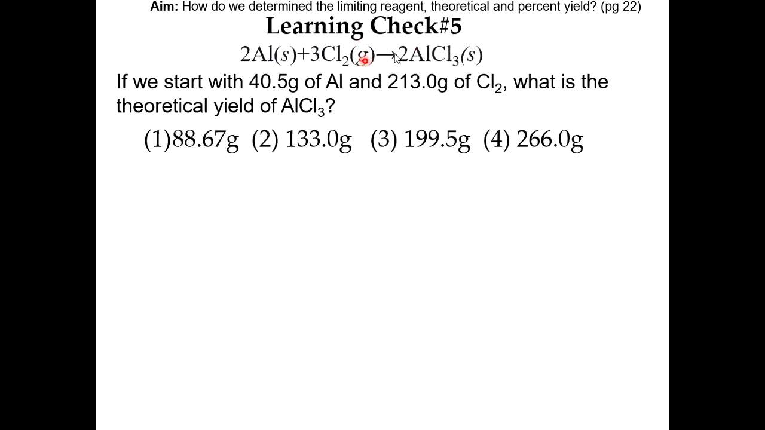Learning check number 5: if we start off with 40.5 grams of Al and 213 grams of CO2, what is the theoretical yield of AlCl3? Pause the video and resume once completed. So the answer is choice 3,